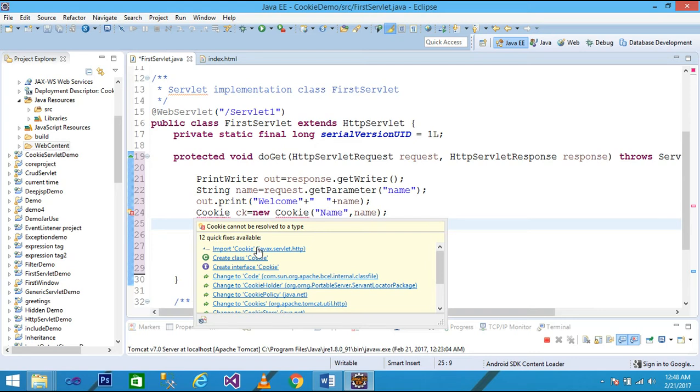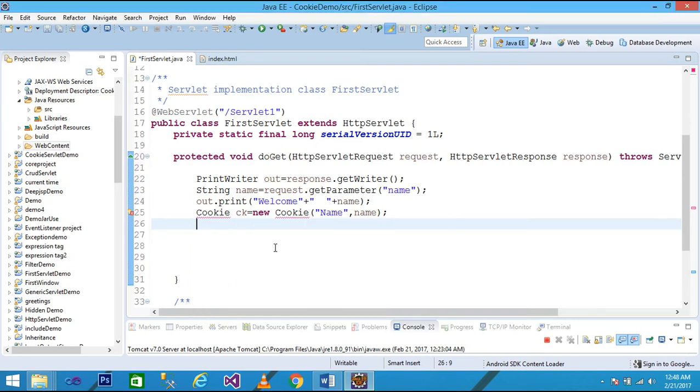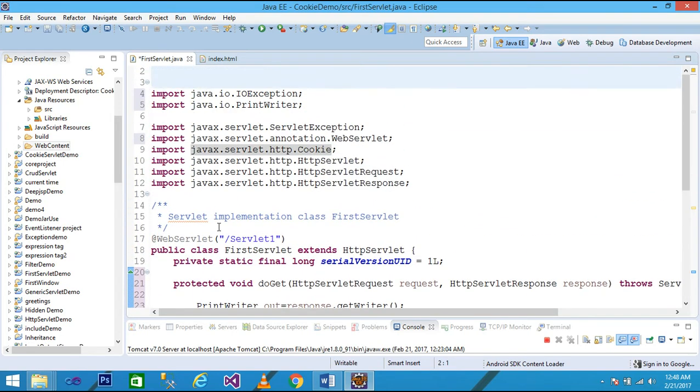Simply import the javax.servlet.http package, because the cookie class is also inside this package, and simply javax.servlet.http.Cookie. Okay,